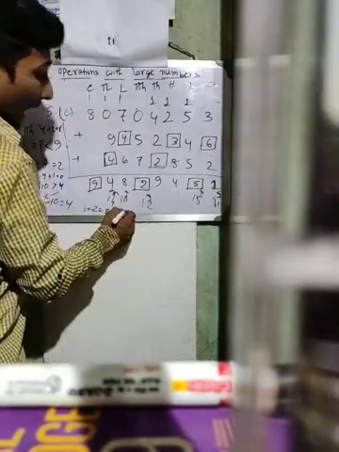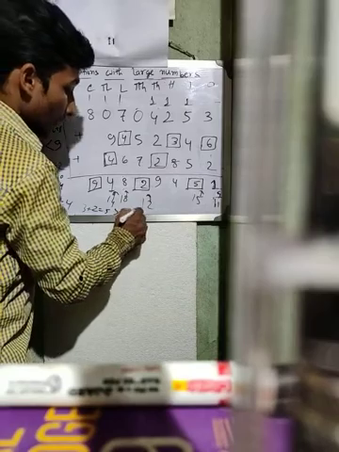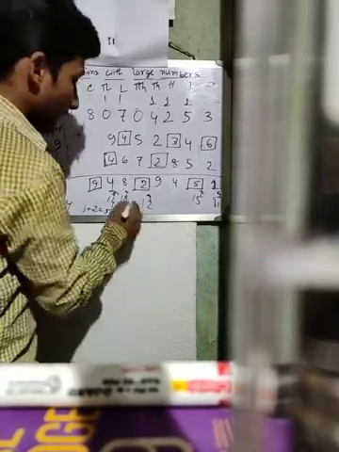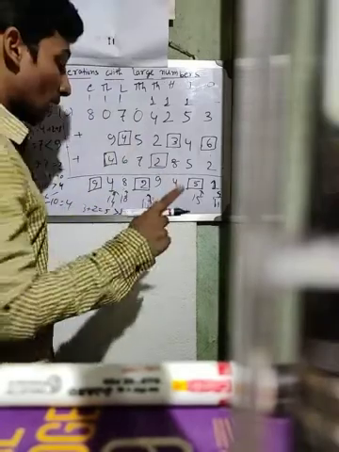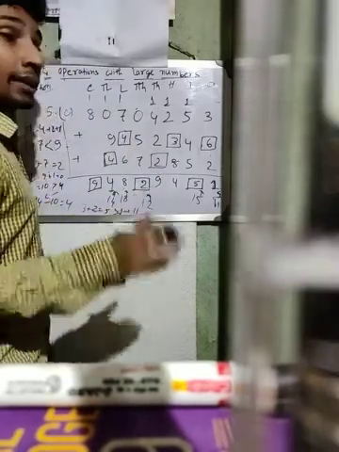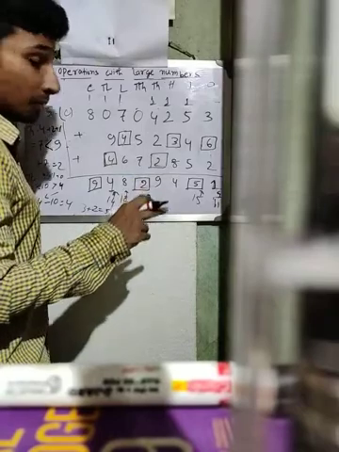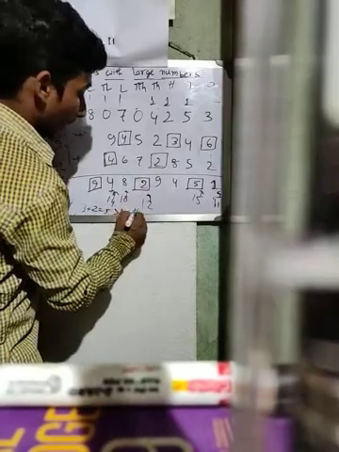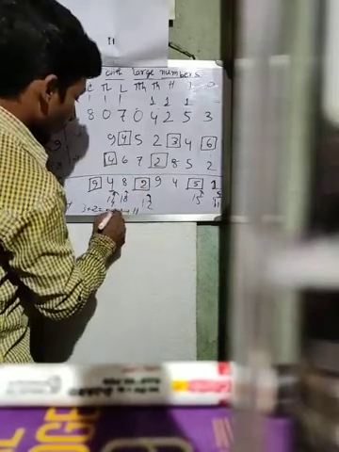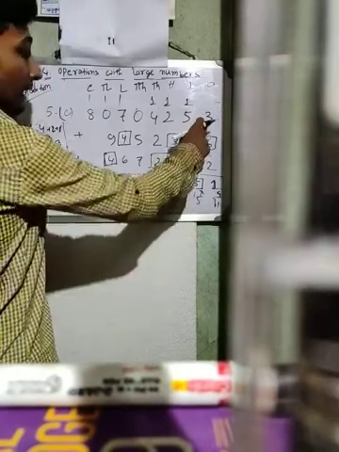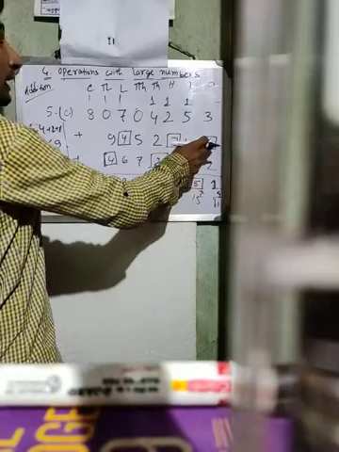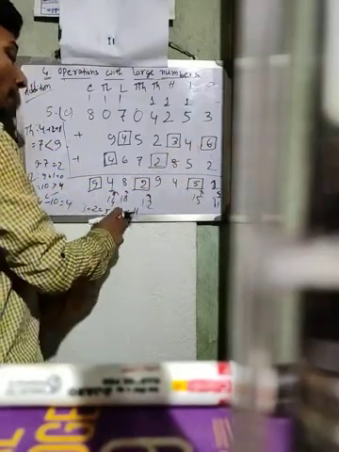So this addition must be 11. Why am I taking 11? This is the ones place. For the tens place we have to add 10 with this, so the addition must be 11. Now you see 5 is less than 11. Now you can say 11 is greater than 3, 11 is greater than 2, and 11 is also greater than that place also. Why am I taking 11?